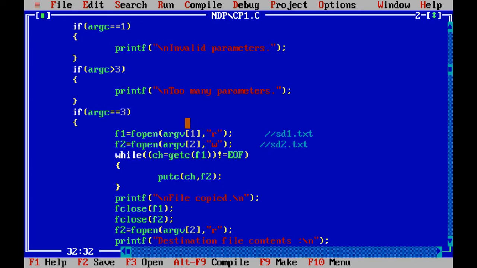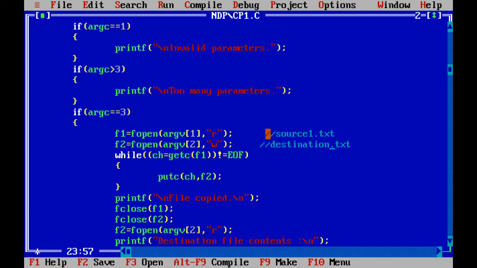So position 0 was our command, position 1 was our first text file. For example, I have written sd1.txt and sd2.txt. So this is the source file, and this is the destination file.